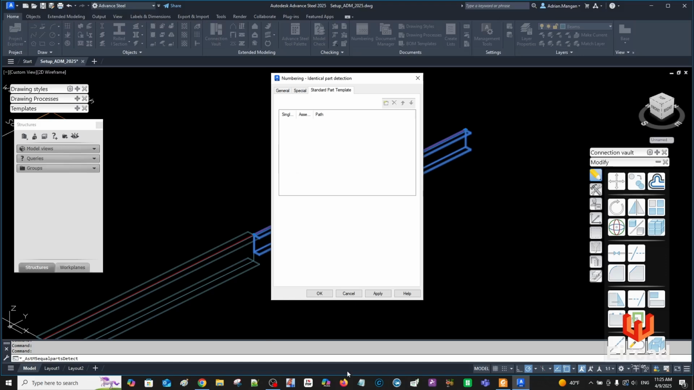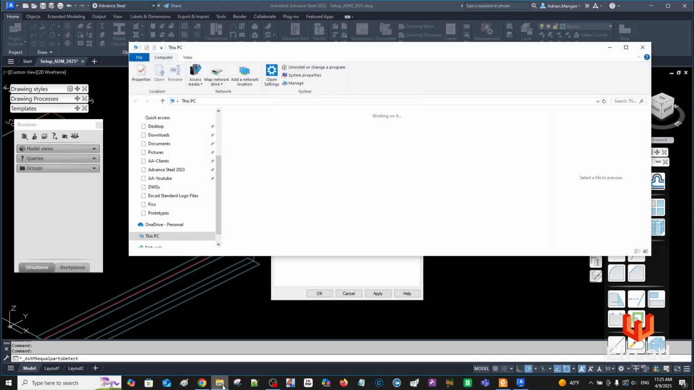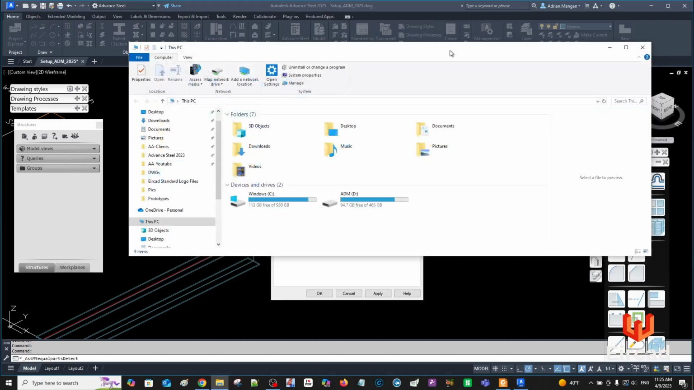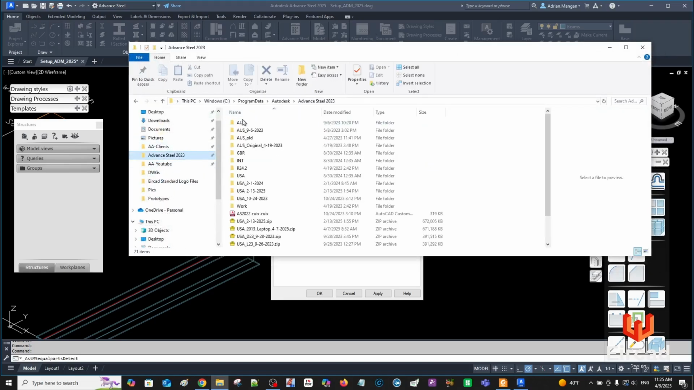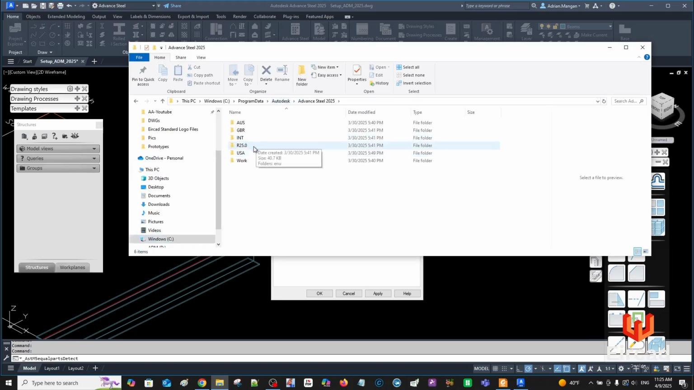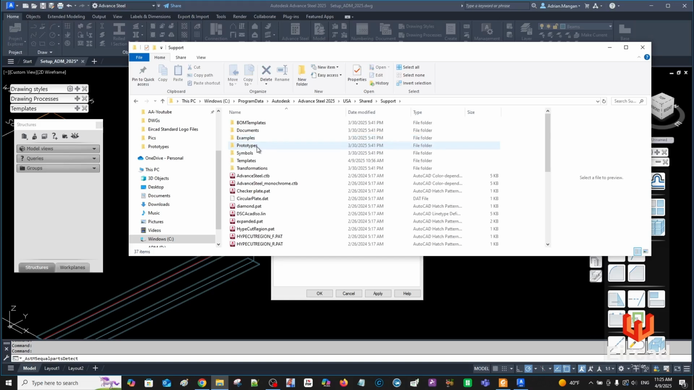Standard part template, so you can save a drawing in a given location. Let me show you. If I come up here, I'm going to go to 2023 just to go back to 2025 USA and shared support. So it's in here,